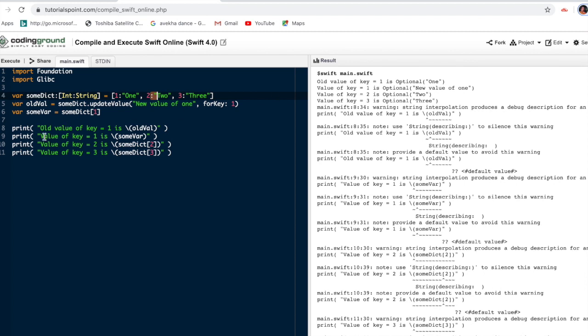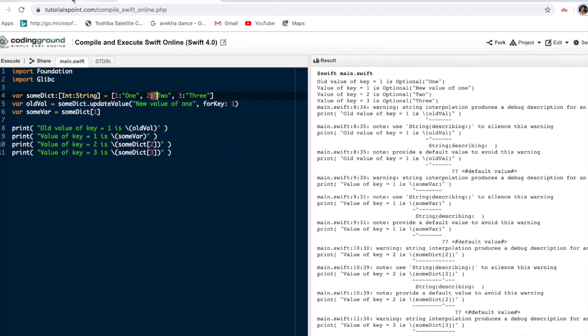Okay, so here see, the old value of the key 1 is the old value, the 1. The value of key equal to 1 is the sum value. Sum value means this one. Yeah, now the sum value is the new value of 1, and here the value of 2 is 2, and the value of 3 is 3.